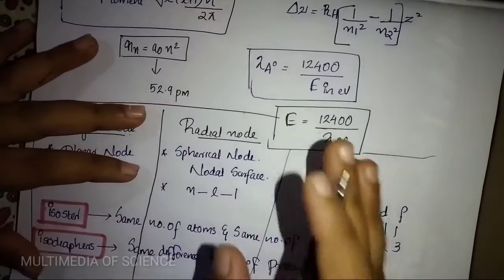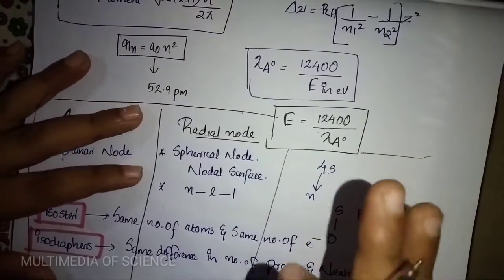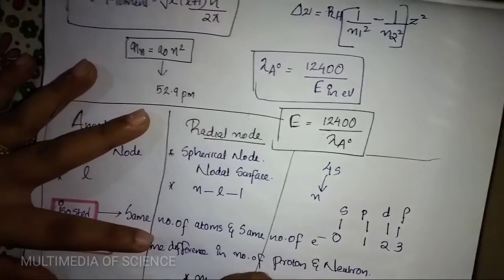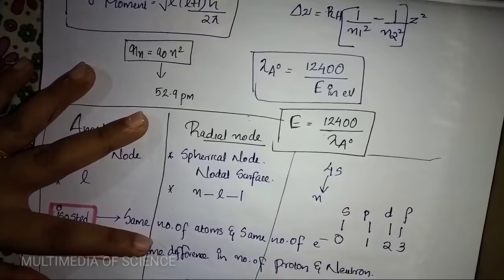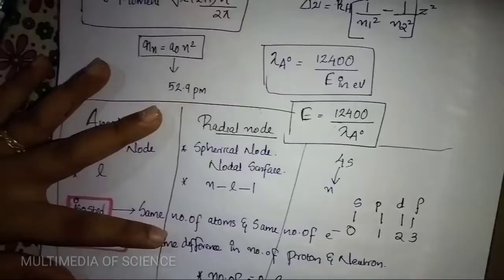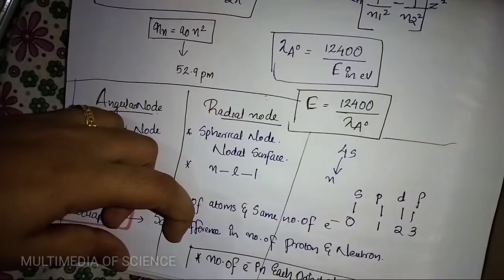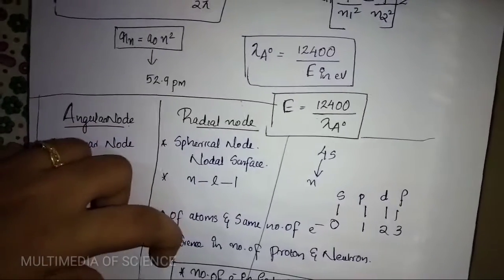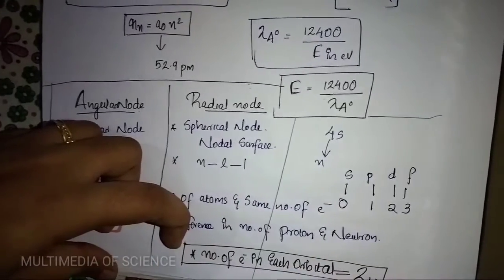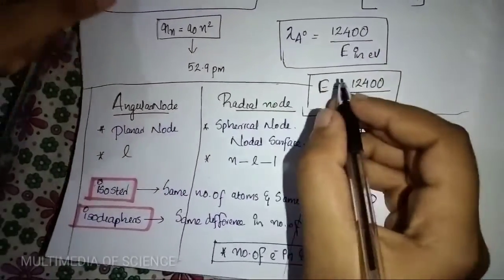It is about the number of electrons in each orbital. What is the number of electrons in each orbital? It should be memorized. What is that number? It is always 2. Don't forget this, it is very important. The number of electrons in each orbital is equal to 2. Clear? Okay.